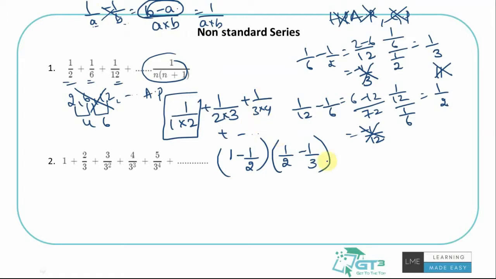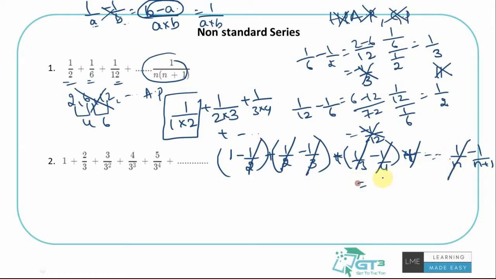1 by 2 into 3, 1 by 3 into 4 will look like 1 by 3 minus 1 by 4. And so on. Sorry, it's a plus, right? And so on, 1 by n minus 1 by n plus 1. If you see this, this is minus 1 by 2 and this is plus 1 by 2. Minus 1 by 3 plus 1 by 3. I can keep cancelling till this part. What will I be left with? 1 minus 1 by n plus 1. The first term of the first split and the last term of the last split would be the only things which will not get cancelled out, and I will be left with this,